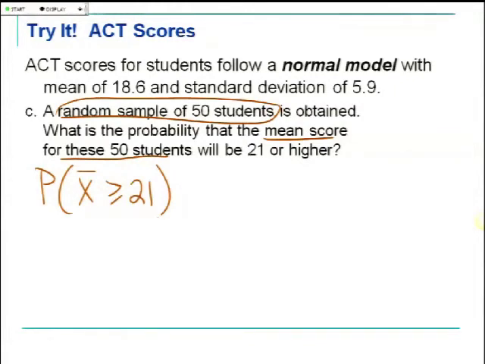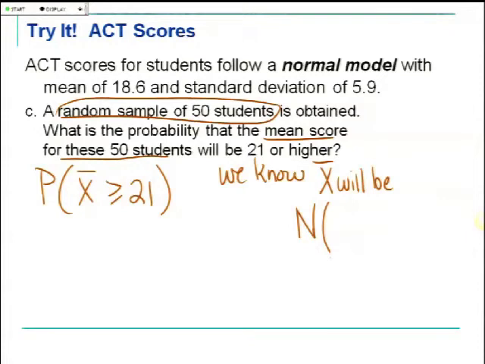Now I need to know about x bar and what is its model in order to find that probability under its curve. What do we know about x bar? It was one of our results that we have up above there. Which result are we able to use? Number 1, that exact result, or number 2, that approximate one? Which one will we be using here? Did we have normality to begin with that we used in part A and part B? Yeah. We know by exact result number 1, x bar will be normally distributed